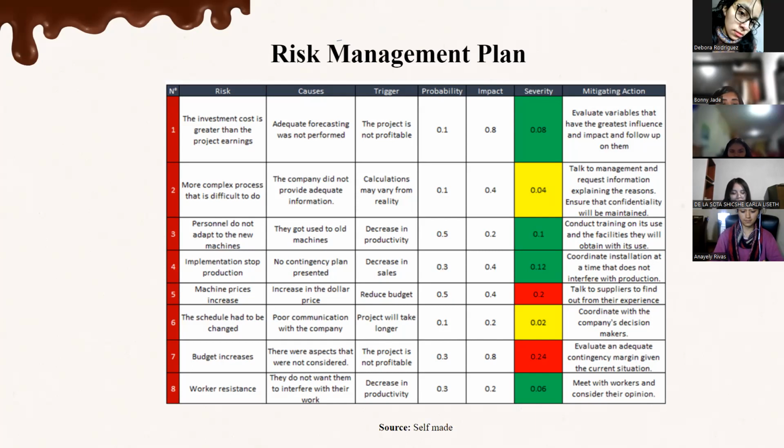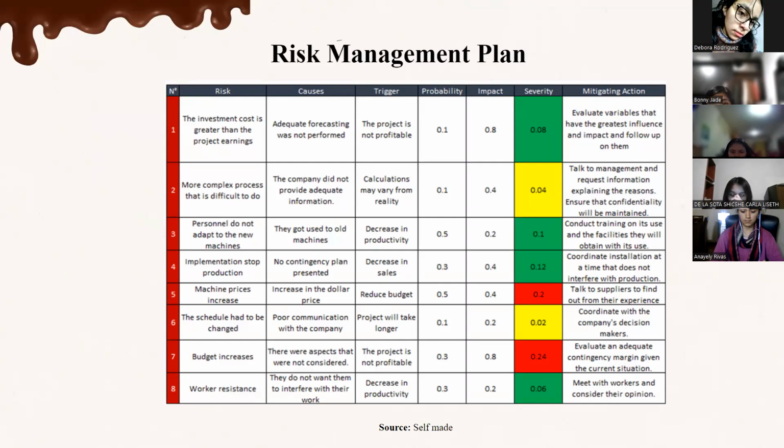We'll consider 8 risks in this case that we found. For example, the investment cost is greater than the project earnings, a more complex process that is difficult to do, and budget increases. The causes too, for example, adequate forecasting was not performed. The trigger, for example, the project is not profitable, and its probability, in this case, we consider 10%,